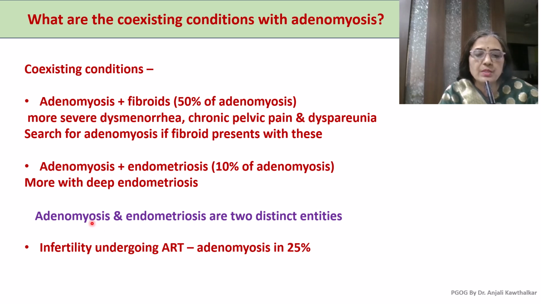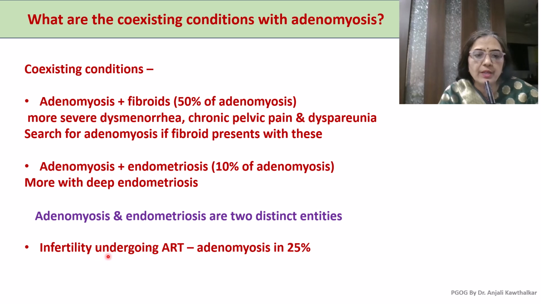Whereas adenomyosis is the presence of endometrial glands and endometrial stroma in the myometrium. So that is why these are two distinct entities. A third condition which coexists with adenomyosis is infertility, and it has been seen that whenever a patient,